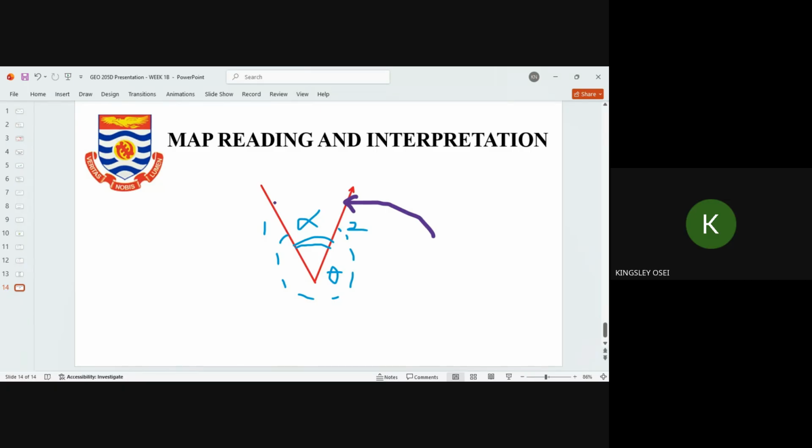The angle a line makes with a reference meridian. So the other part of my definition is meridian. When you say meridian, in surveying and map reading, it is the north direction. So north direction, there are three in surveying. We have what we call magnetic north, we have what we call geographic north, and we have what we call